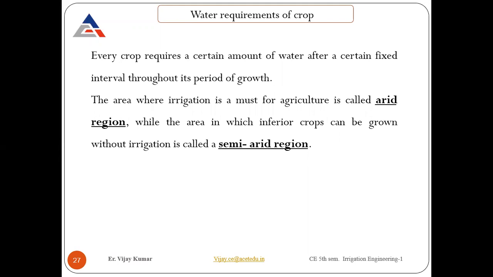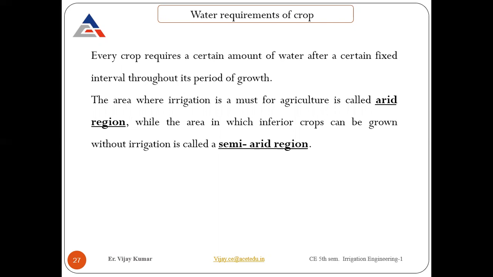So now if you see the water requirements of the crop, how much water is required and how it is connected. Let's look into that. At the start of the lecture, in the first lecture, we saw how much water is available. Then we saw the ways to apply water for irrigation. Then we saw what sources are available. And lastly, we saw what the qualities of water available for irrigation are.